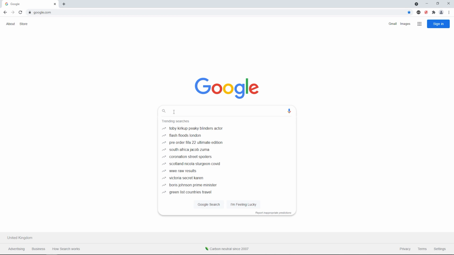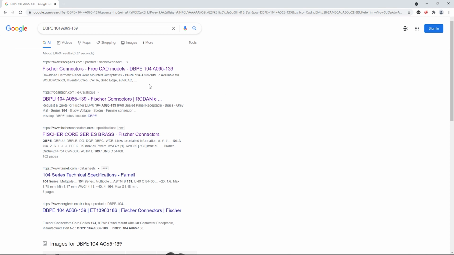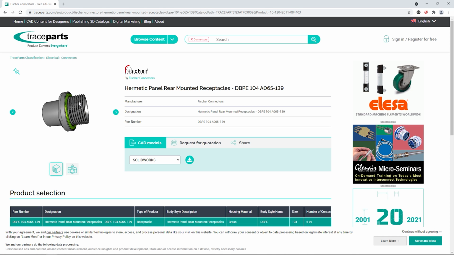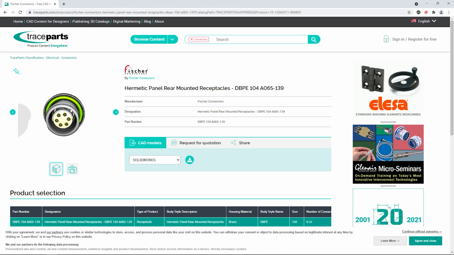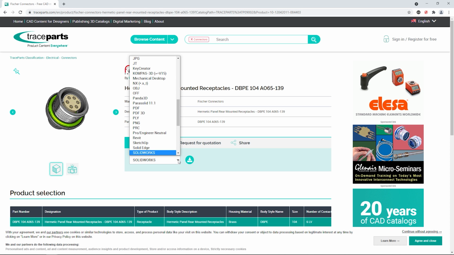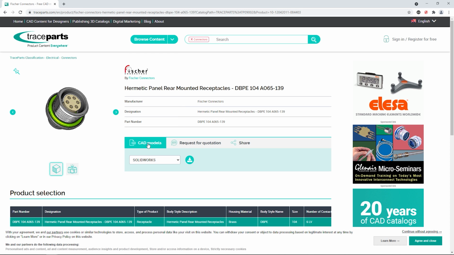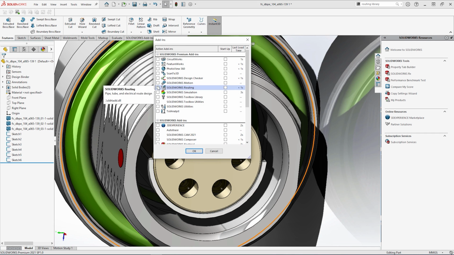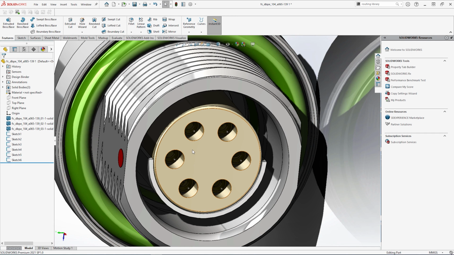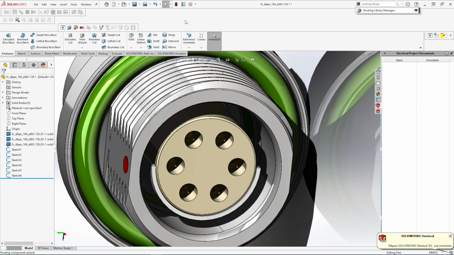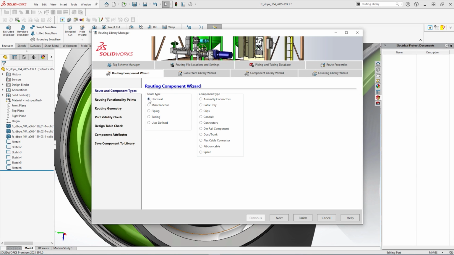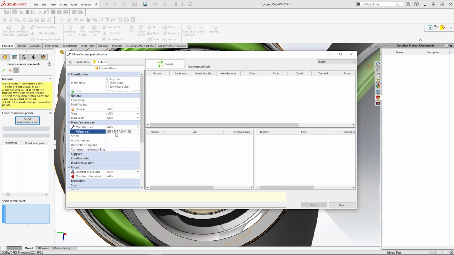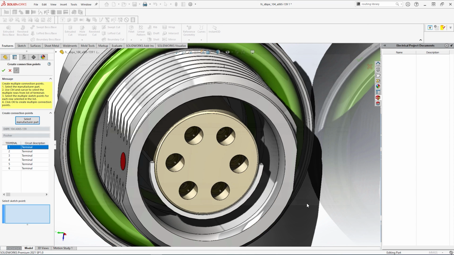Let's download our connector 3D model. We can download it from the line content or we can just search on the internet. If you download through your browser, make sure the file has a suitable format for SOLIDWORKS. To route the part, we must add the connection points. Turning on the electrical routing and the electrical 3D add-ins enables the electrical commands. Through the routing library wizard, we can then add the connection points which reflect the manufactured part terminals.